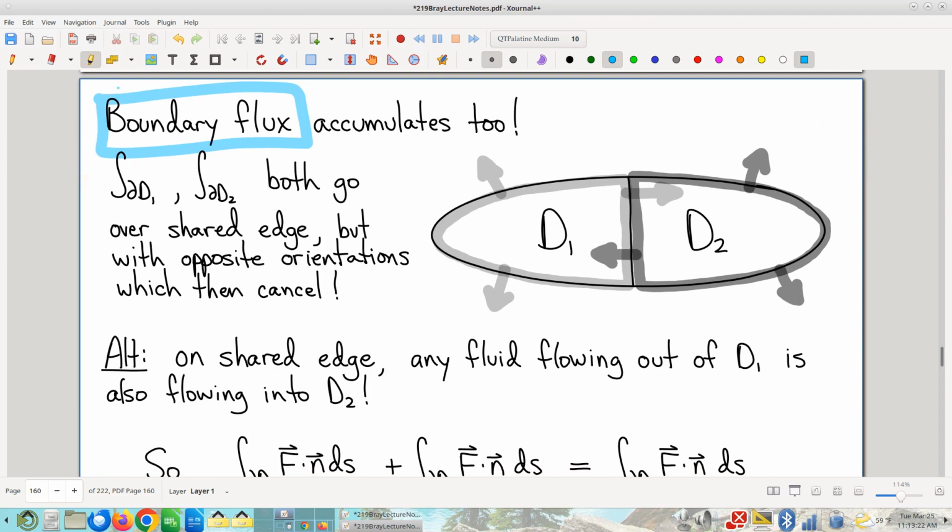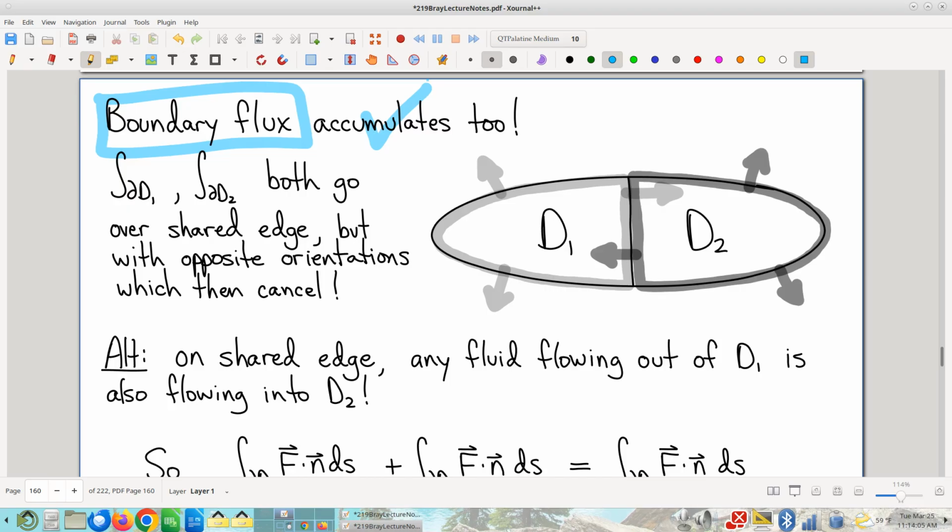Rather than rewriting boundary flux in terms of circulation, notice boundary flux is also an accumulating quantity. And once you know that, now we'll talk about why in just a moment, but once you have that boundary flux is an accumulating quantity, we know stuff about accumulating quantities. They behave kind of like stuff. You can talk about the associated density, and the whole is the sum of the parts, meaning that you can just integrate that density to get your result. All of that is free once you realize you have an accumulating quantity.